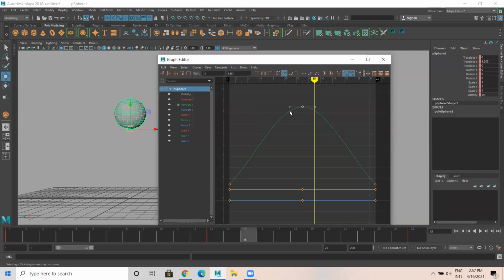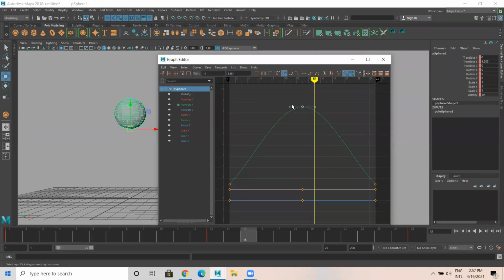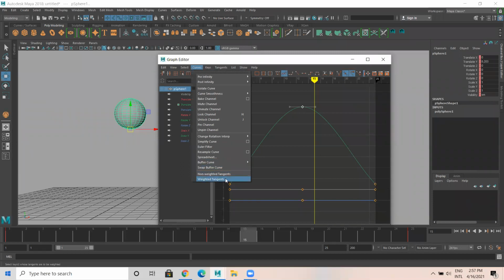In the curve, I'm selecting a key, go to curves, weighted tangent. I'm selecting translate Y curve. In that, this particular key, the top key, go to curves, weighted tangent. Okay, any doubts up to here?